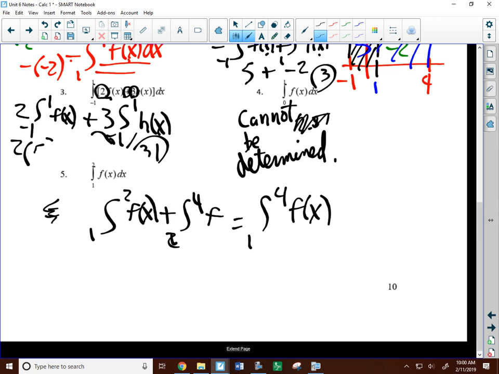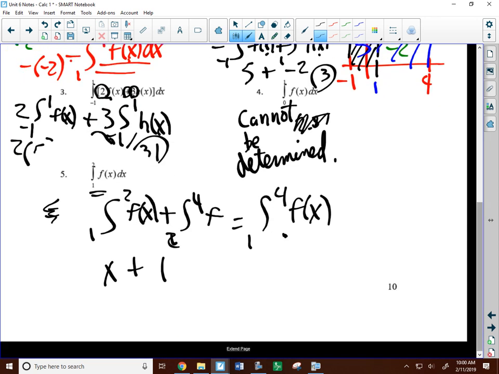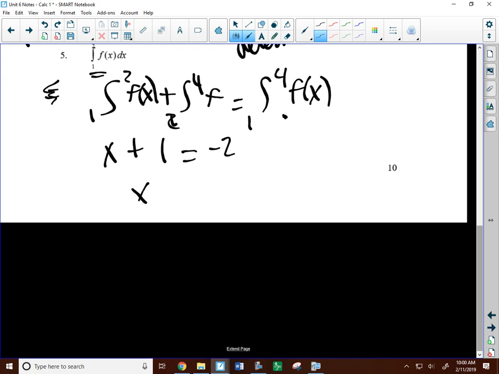However, instead of asking for the total, this one has one of the parts given. They're asking for one of the parts, and the total would be that number here. So I'm just going to call this one x. This is what we're looking for. And then 2 to 4 of f of x is 1. That's the one we'll write over here. Equals, and then the integral from 1 to 4 of f of x is negative 2. And so then we can just do a little solve, subtract 1, and we get negative